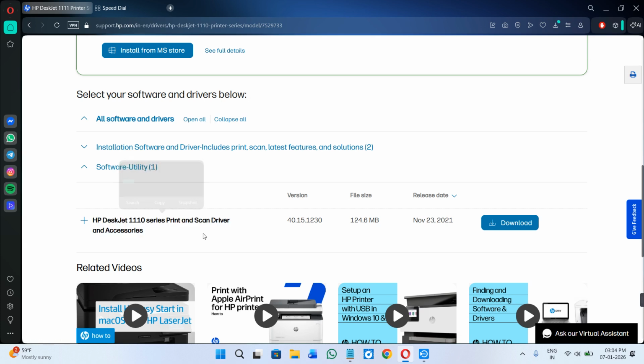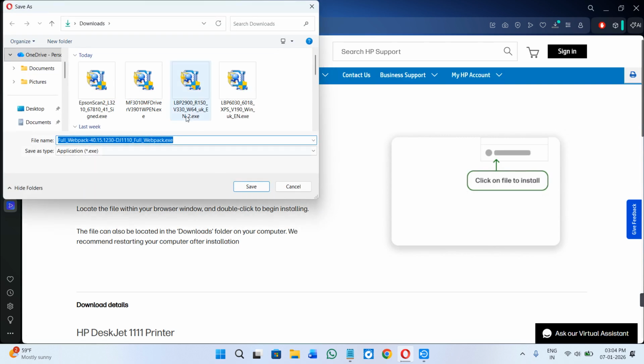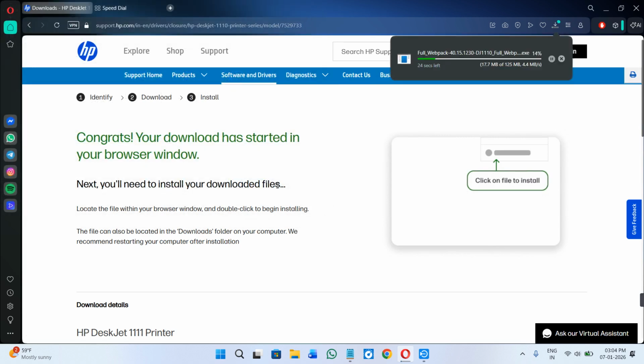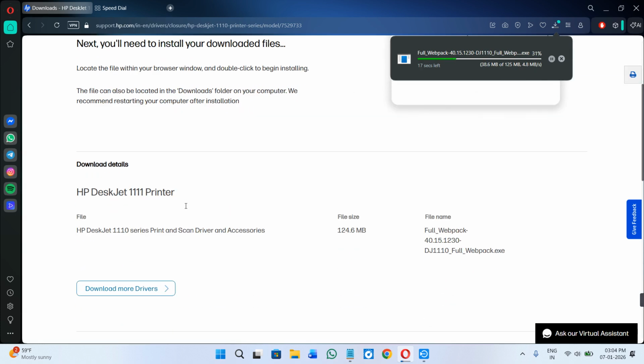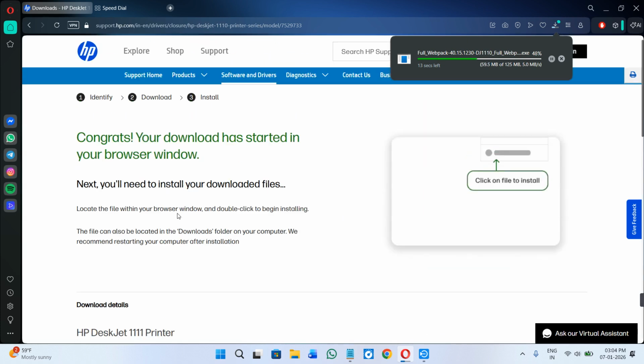Here you will find this particular driver. You can click on it, then its setup will be saved in your device just like so. So when it is downloaded successfully, simply double click on it and then it will be installed on your device